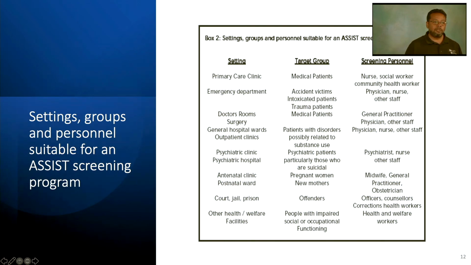So if you're looking at healthcare facilities, people who have impaired social or occupational functioning, you'll have a correlation with people starting to struggle with unemployment. So it might be a center that helps people to gain employment. Screening in those types of settings is good where you have no wrong door, because they may be starting to struggle with some alcohol or substance use, or they're suffering with some depressive symptoms or symptoms of anxiety.